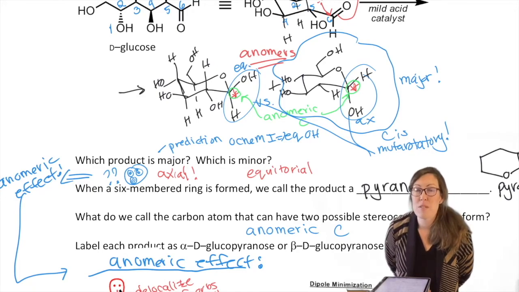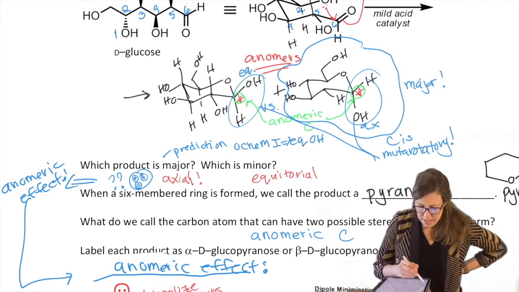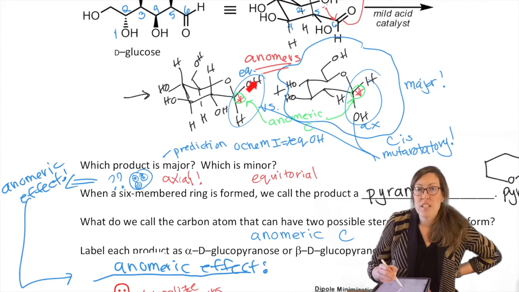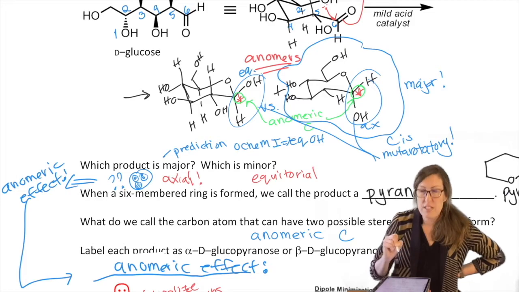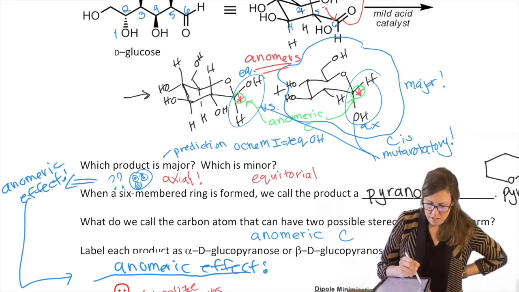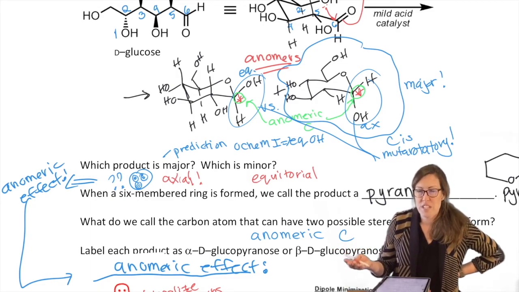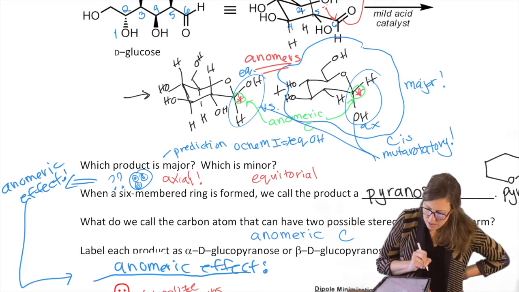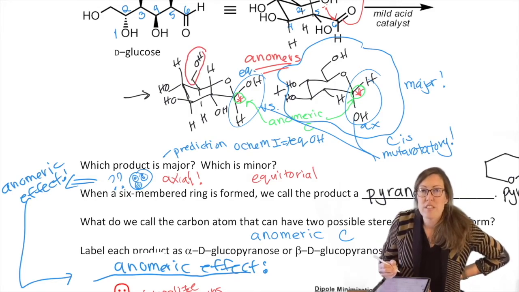Okay, so the anomer has to be involved in this, and our reference point. So we could say that here we have the OH up, here we have the OH down. When the OH is up or down, the other groups may be down or up as well. So we're going to pick a point of reference, and it's going to be that CH2OH. Because I could do a chair flip and get confused about all the different orientations possible, but this will keep it consistent. Circle, let's see, I'm going to do red. Circle the CH2OH. It's always on the other side of the oxygen in the ring.